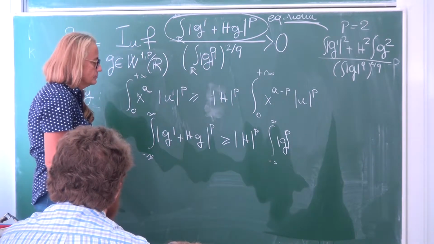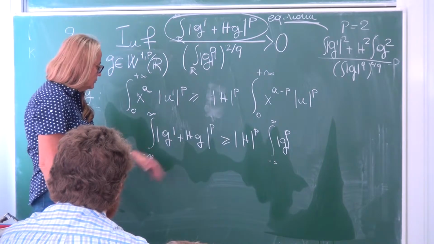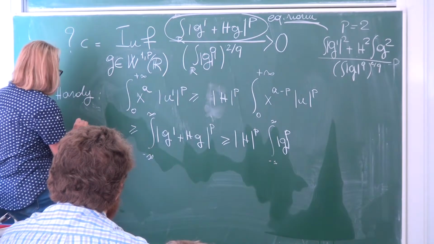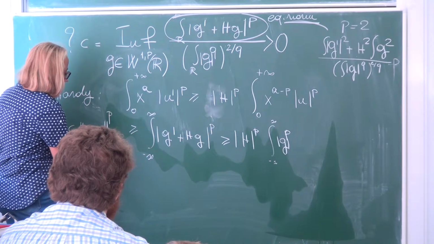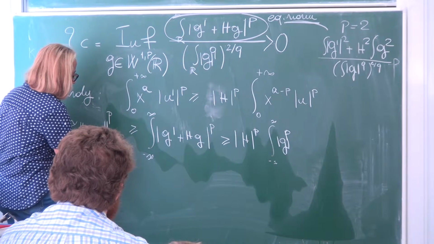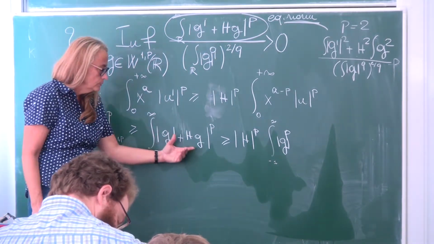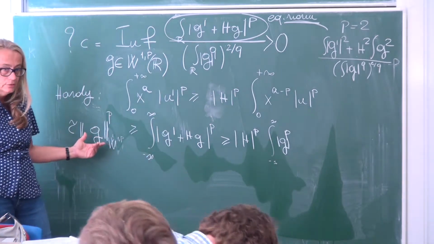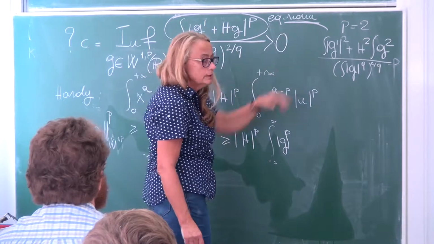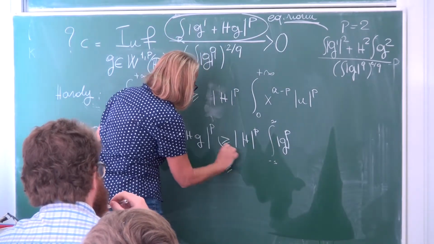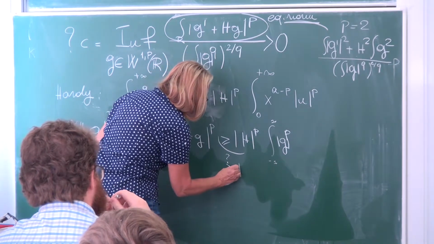Okay? And trivially, this is smaller or equal than any reasonable standard norm you want to put on W^{1,p}. So this is controlled by the standard norm in W^{1,p}. To check that this is an equivalent norm, you have to check that this is greater or equal than some constant